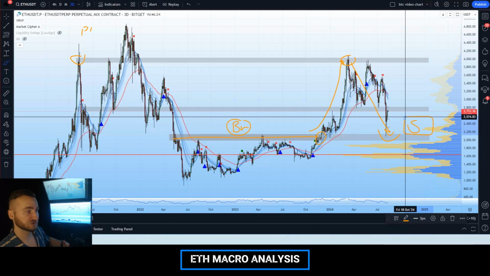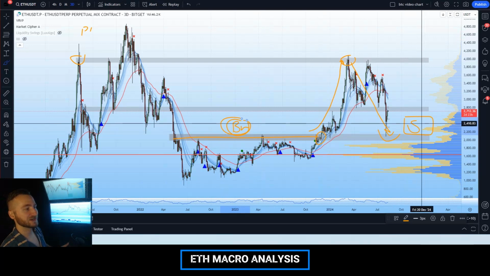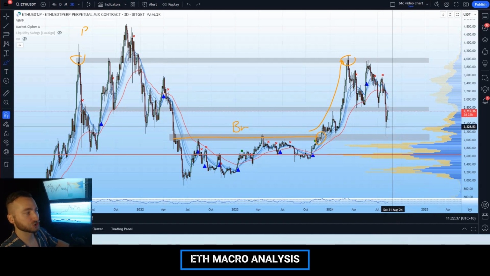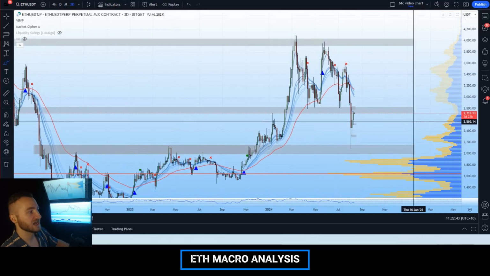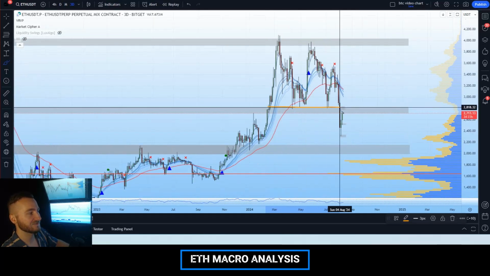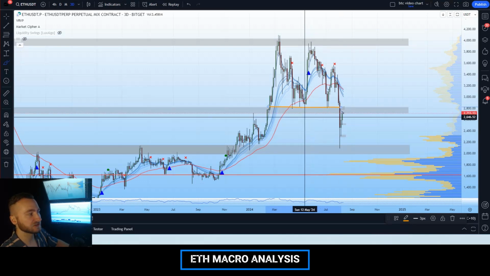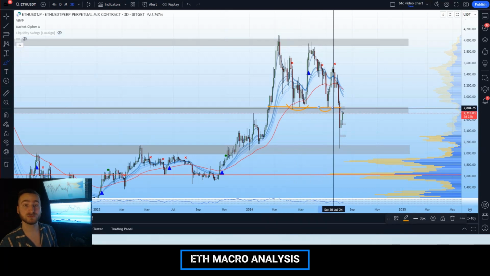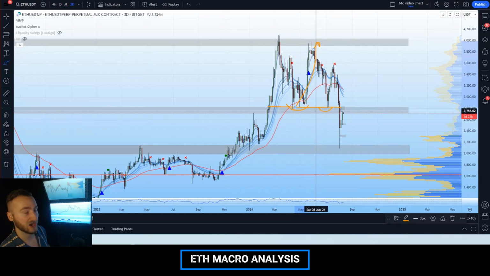So, over the course of the last 8 months, we have seen a significant breakout of our bear market resistance and now an establishment of a high time frame support at that particular level. During this whole movement, we have also established another area of major support, and this was our multi-month level of support at 2,800 to 2,700. As you can see, Ethereum managed to sustain above this level numerous times and for numerous months, resulting in retests of that $4,000 level again and significant bounces to the high side.